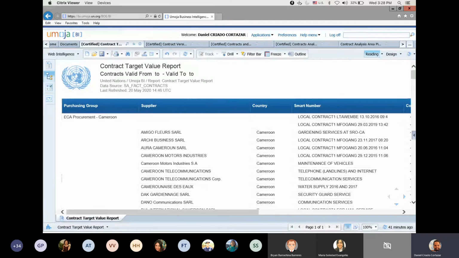That's why, and this is very important, you see our UN logo over here. So how to understand, and this will be applicable to all web intelligence reports, because I'm taking the chance of showing to you these reports in order to drop here and there several tips and suggestions on how you can use the reports. For web intelligence reports, basically what you can do is you can consume the data, okay, but